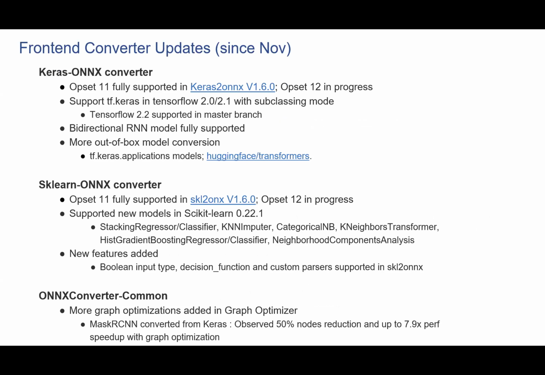For Keras, the released version of the Keras to ONNX converter supports opset 11 and TensorFlow 2.0 and TensorFlow 2.1. The master supports TensorFlow 2.2. Bidirectional RNN is fully supported. And there was a lot of out-of-box model conversion testing for pretty much all the Keras applications